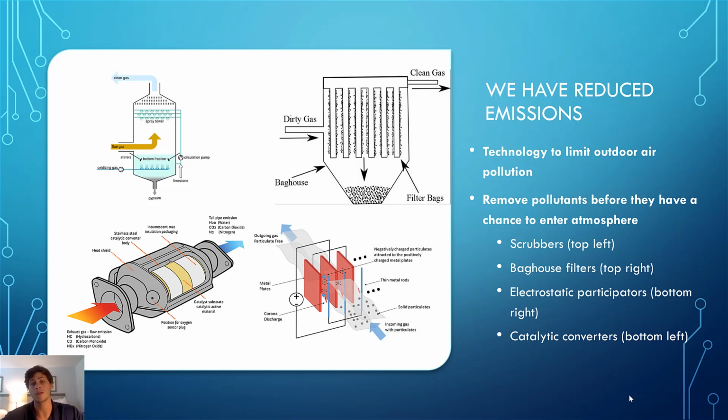And this is normally done through several different types of technologies: scrubbers, baghouse filters, electrostatic precipitators, and catalytic converters in vehicles are all ways that we limit pollution from ever being emitted into the atmosphere in the first place. Remember that most of these chemicals, these 6 major pollutants, occur as a result of fuel combustion. So we have put in filters and pieces of technology like the ones you see here in between where the fossil fuel combustion is taking place and where the extra exhaust is coming out. These act as a middleman, which filter out the toxic chemicals and keep them from ever being released into the atmosphere.